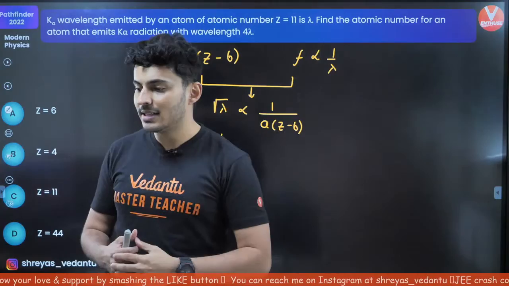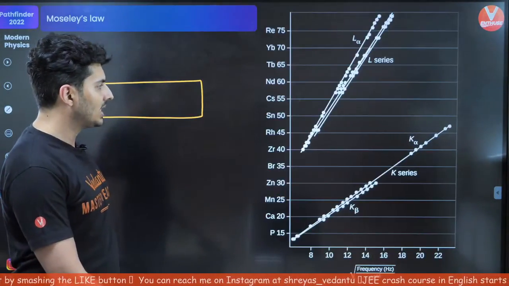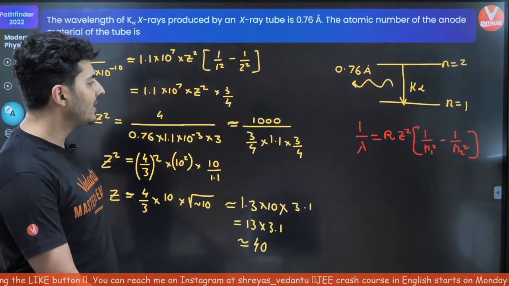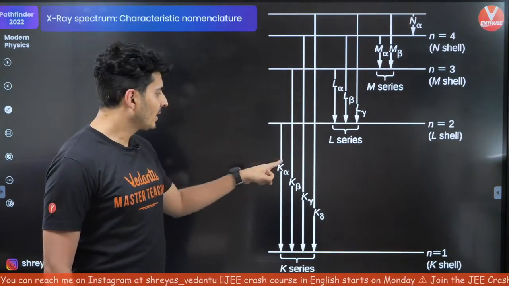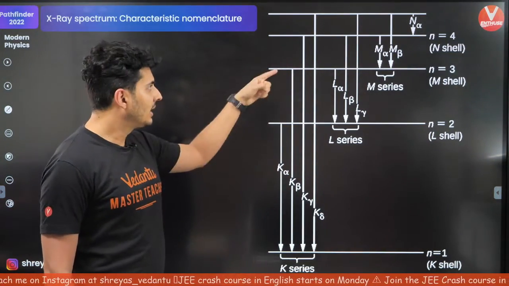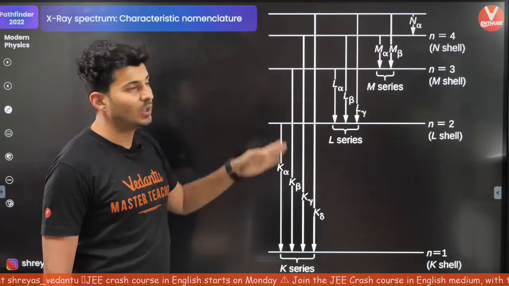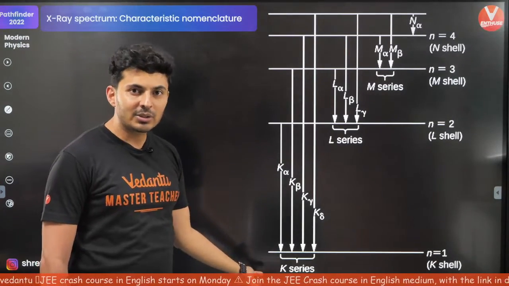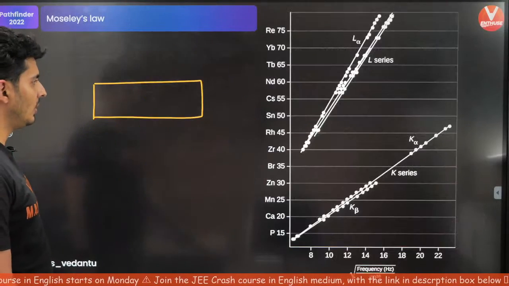What is delta radiation in K shell? So delta means just go to that chart. You will understand it. It's very easy to understand from the chart. Alpha is from 2 to 1. Beta is from 3 to 1. Gamma is from 4 to 1. Delta will be from 5 to 1. Understood? That's how the numbering goes. Fair enough. So there we go.